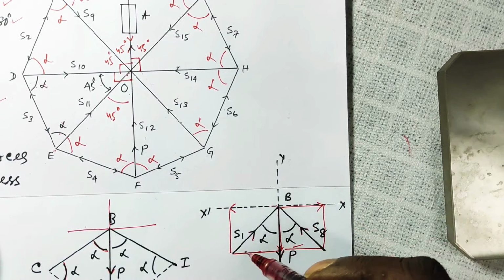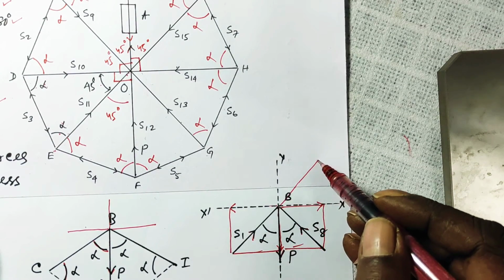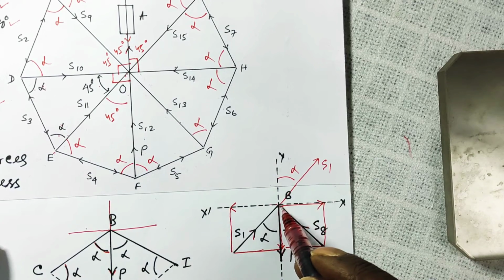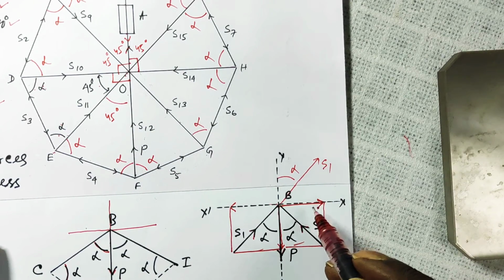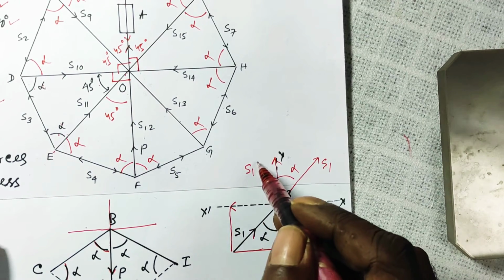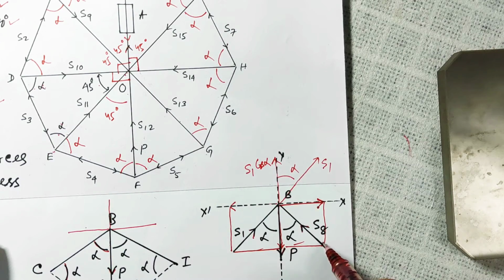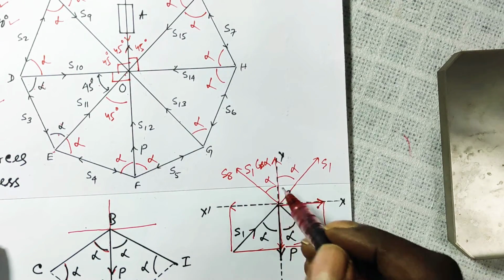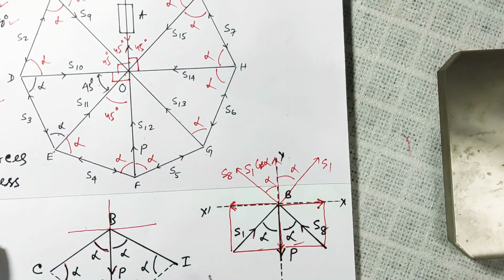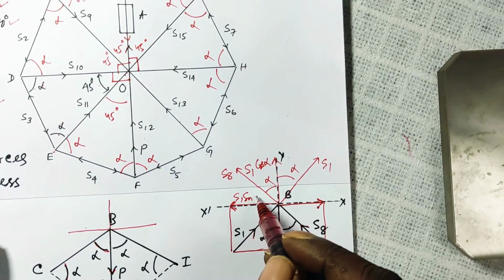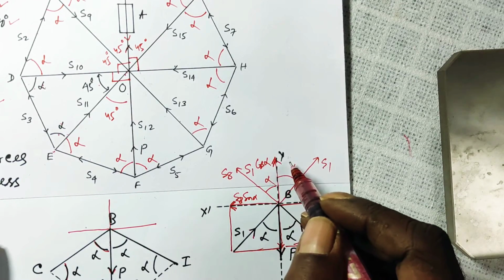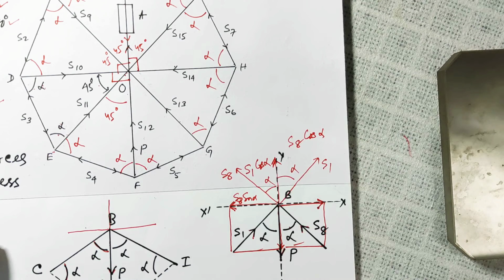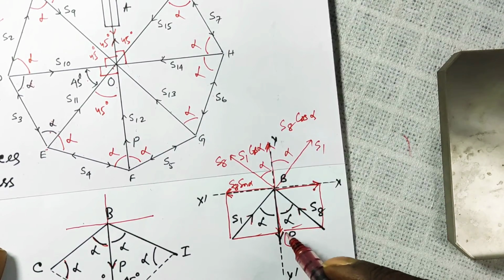Let us shift this S1 to this side, this is your S1, this is your alpha. So the component of S1 to this side will be S1 sin alpha and this one will be your S1 cos alpha. Similarly, if you shift S8 to this side, S8, this being alpha, this is also alpha, so this one will be your S8 sin alpha, and this will be your S8 cos alpha. Means S1 cos alpha and S8 cos alpha are in the same direction, and that will be opposed by P,